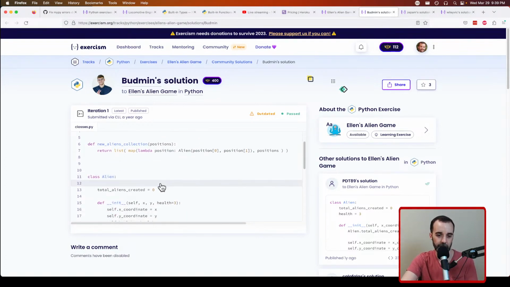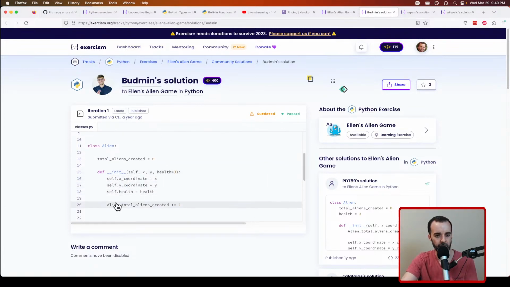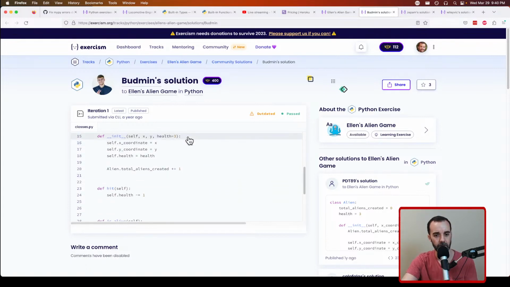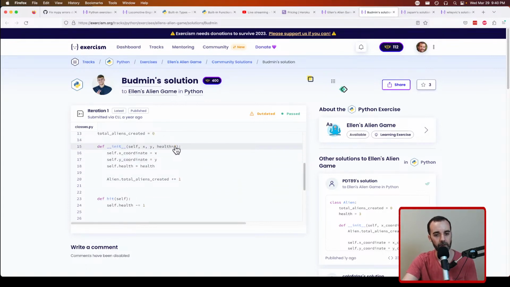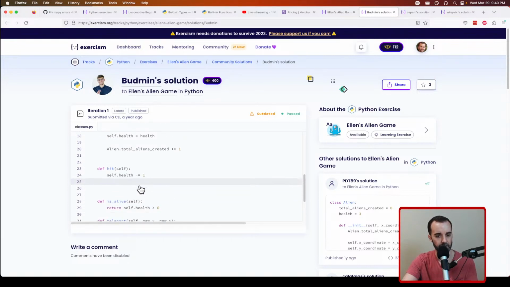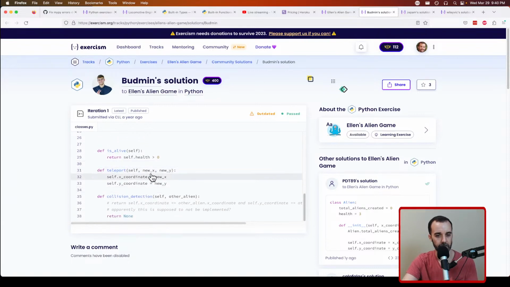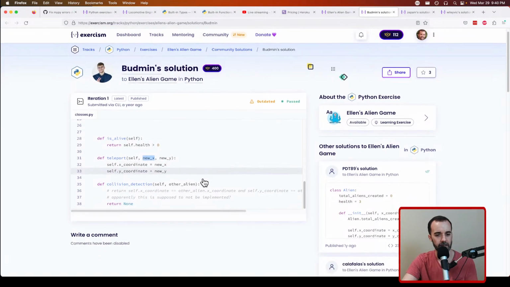Okay, so they took out the comments here, but they've got their class state. And then they've got the same implementation. They did add a space between the self attributes and the class attribute, but otherwise it's identical. No, it's not. They've got a third health thing here where they gave that variable a name. I don't know why they did that, because nothing in the problem needs us to change the health. Maybe they use it somewhere else. Their implementation of hit is the same as ours. Same with is alive. Teleport is the same, although they renamed the variables. And